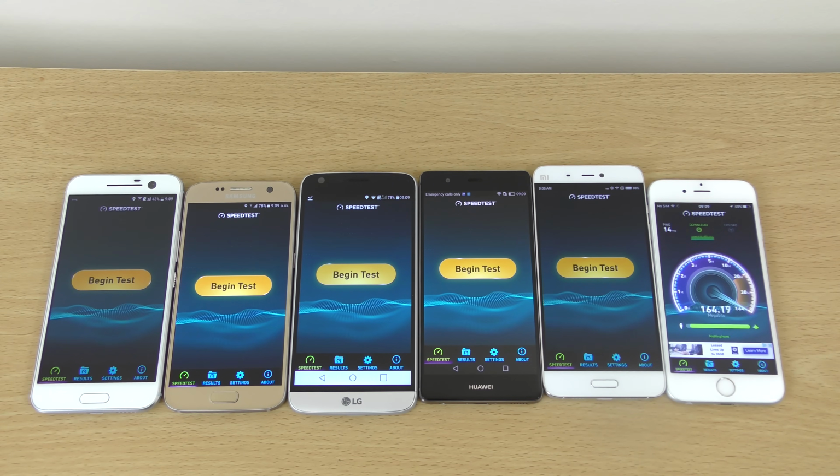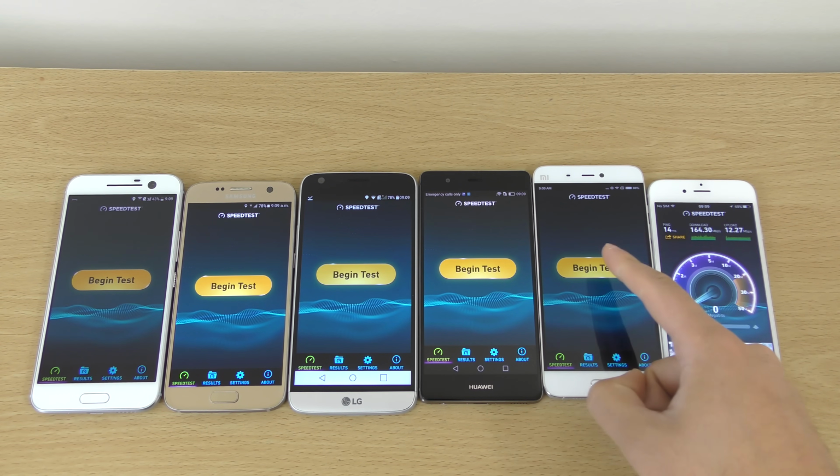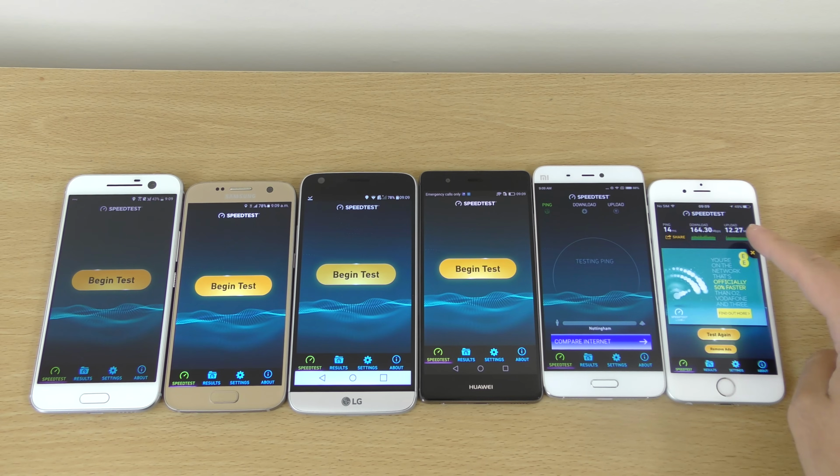Oh yes, that's what we like to see. Not the fastest that I've seen, but still, you know, very good indeed. And very good for the upload. Next up we do have the Mi5,